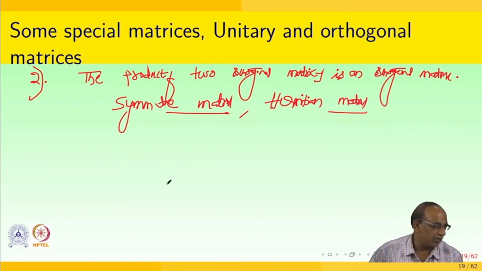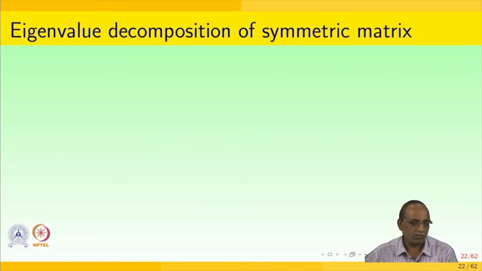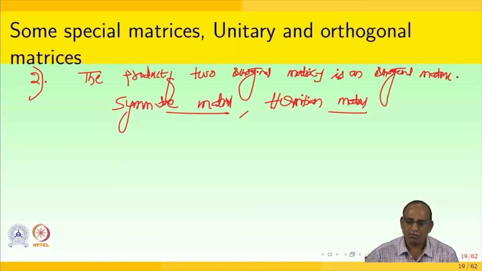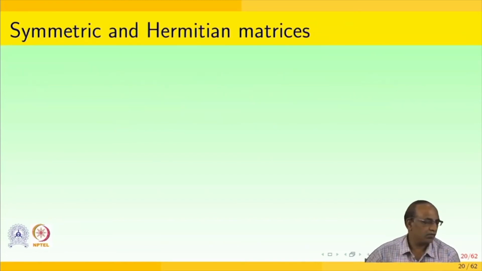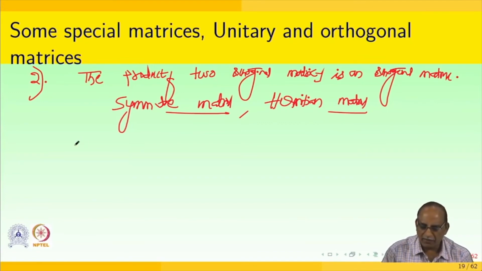Symmetric matrix, Hermitian matrix. Then also we have what we call Hermitian matrices. So also there are some properties, the eigenvalues